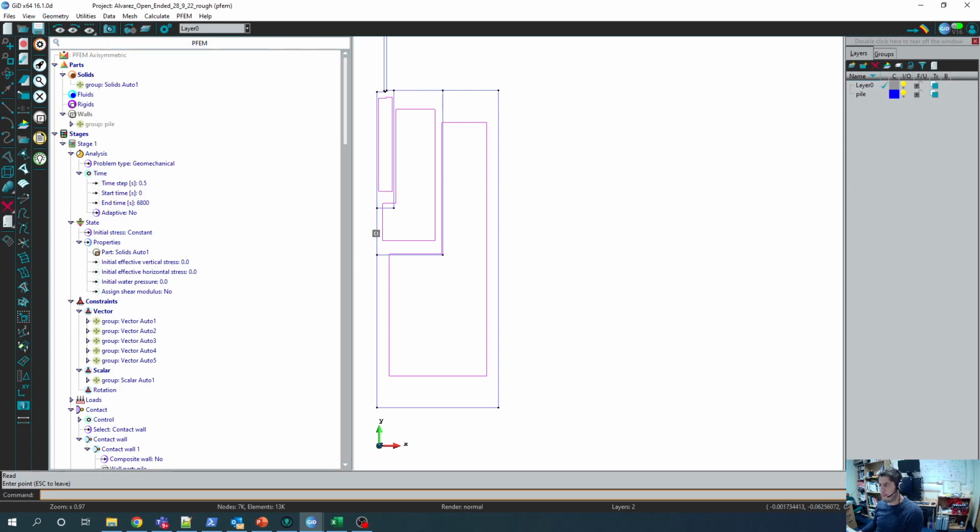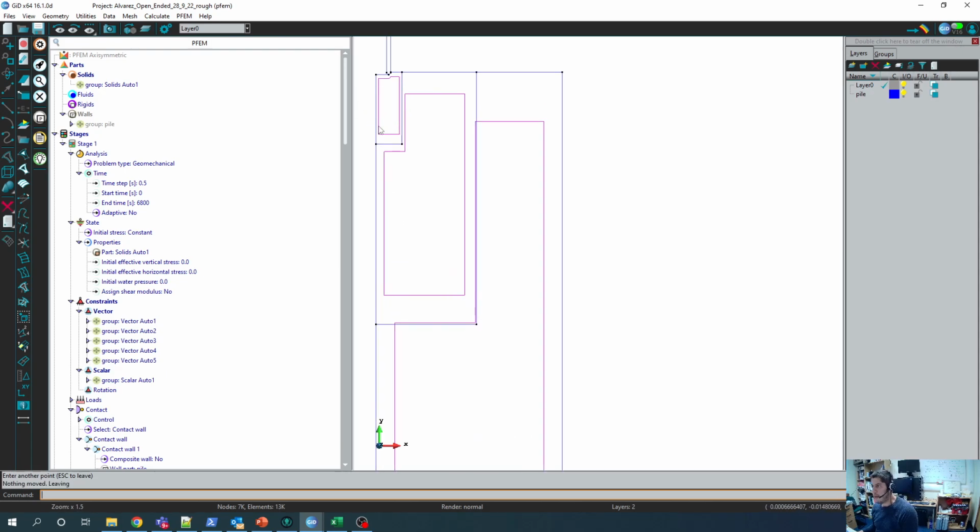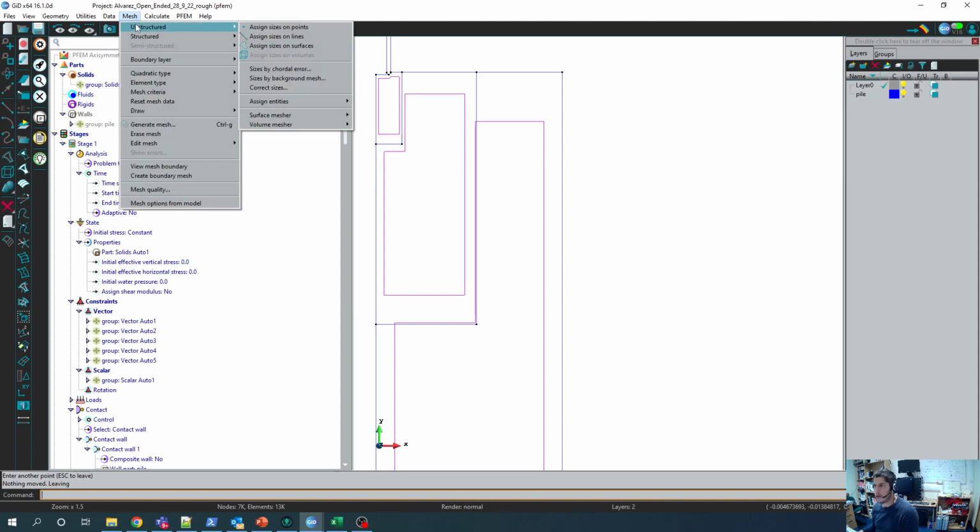Edit, move point. This one here, I will move it to 0 and minus 0.02. And this point here from 0. Okay, once we have that, then do mesh, unstructured, assign